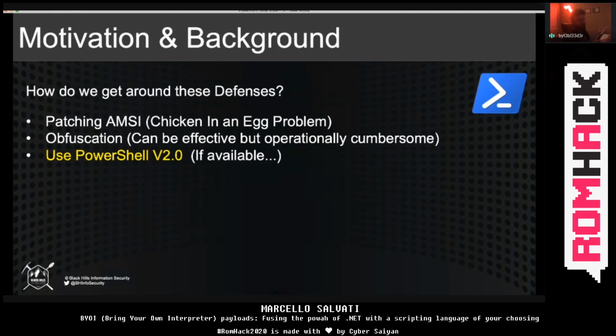There's also PowerShell version 2, and I find this everywhere, by the way. I still find PowerShell version 2 everywhere, which is absolutely amazing. PowerShell version 2 doesn't have any of these defenses. So if you're doing a pen test and you find that PowerShell version 2 is installed, you can just run PowerShell version 2 and none of these defenses will be in place, okay? You can start PowerShell 2 by just passing the -v2 argument to PowerShell and start up the version 2 runtime, okay? So if you use PowerShell version 2, you don't have to worry about any of this stuff, and you can revert back to PowerShell tradecraft. But